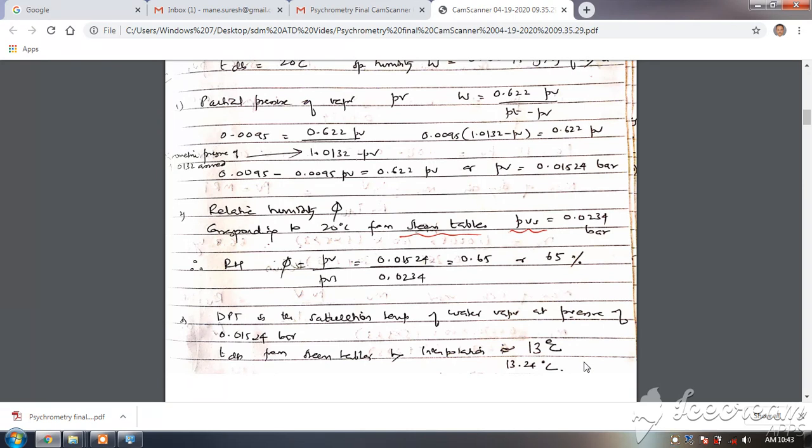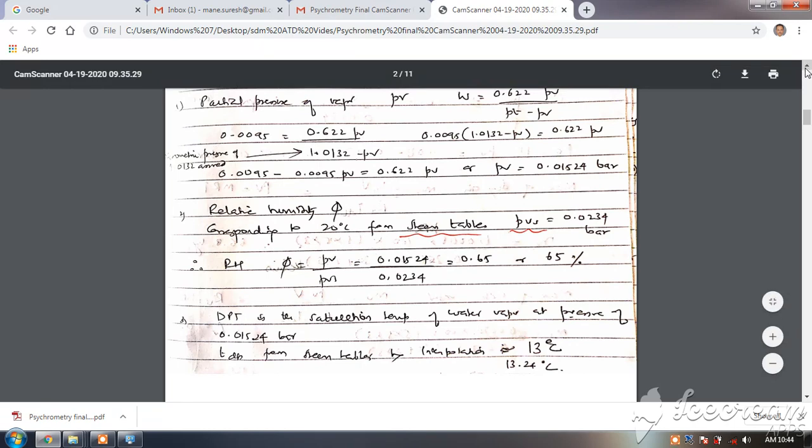You need not assume or do some vague calculations, but let us do a very specific calculation for interpolation. In my next talk I will discuss interpolation for finding the dew point temperature especially, because whenever you get this pressure, you need to find the dew point temperature, and you will not get it straight away. You will not get 0.015 bar in the steam table; you will get either 0.01 or 0.02. So for this you need to go in for interpolation, and we will discuss it in our next talk.